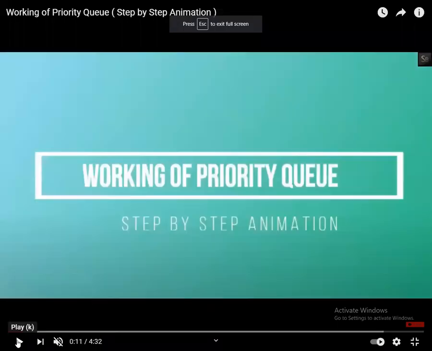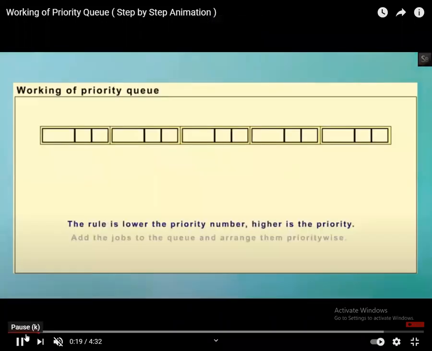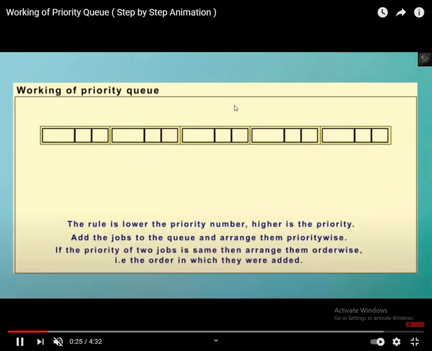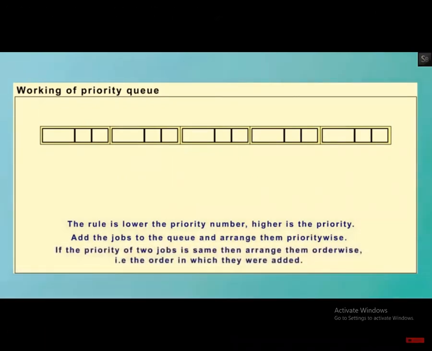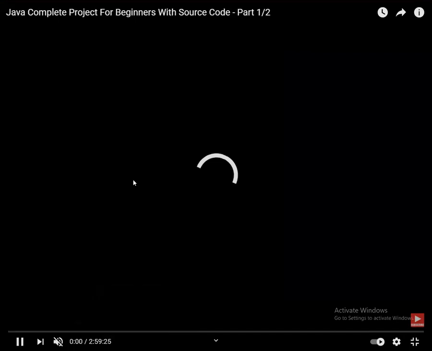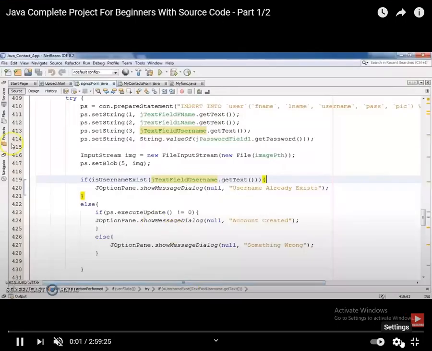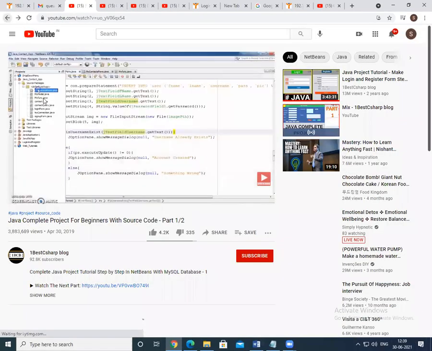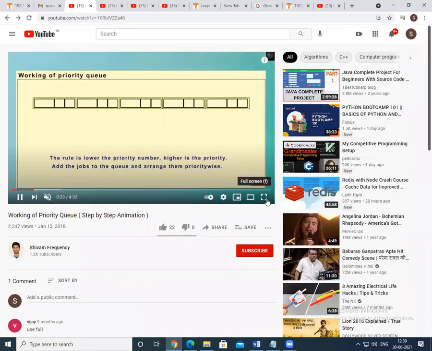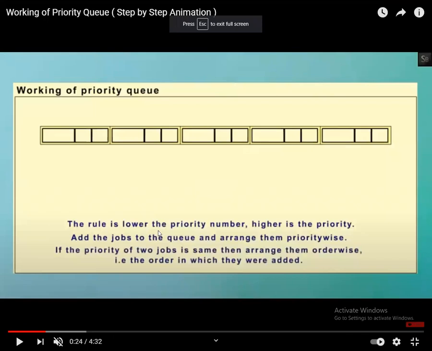So we have a priority queue, right? Working of the priority queue. Try to understand this concept, it is theoretically important. I had asked you in the internal exam what a priority queue is. So in the case of a priority queue, what is the basic rule?